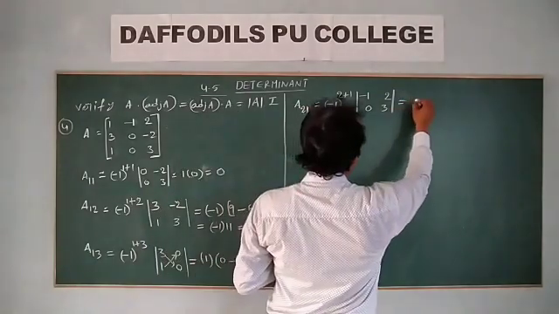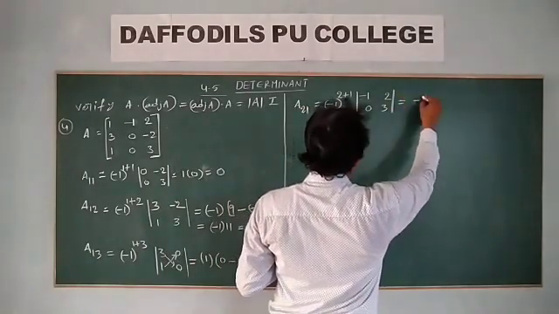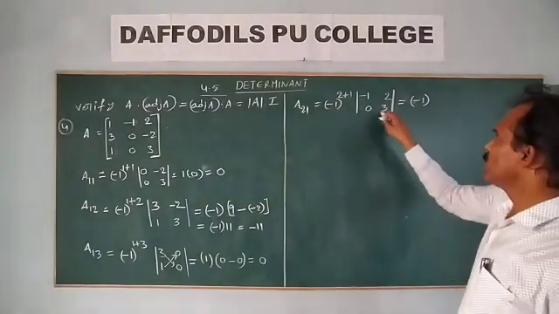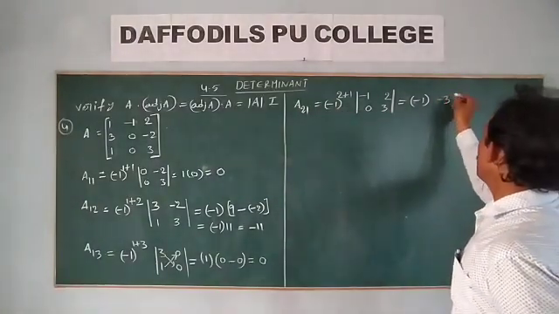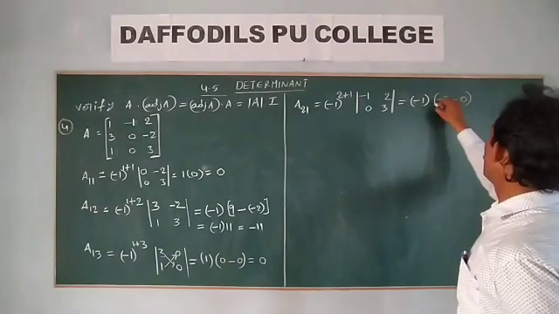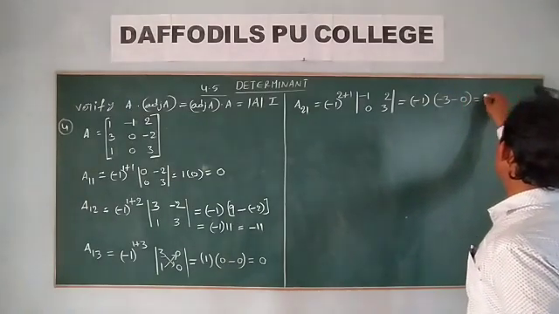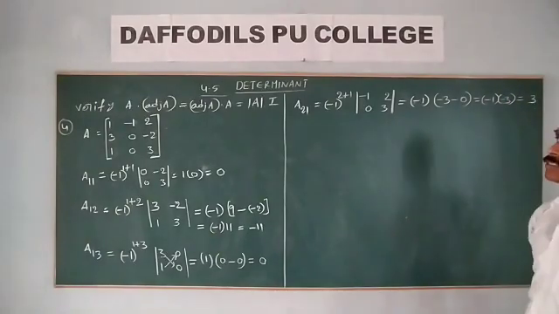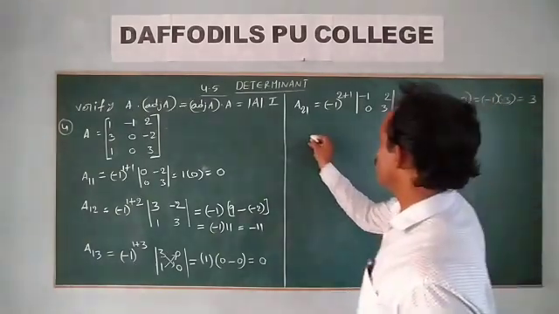This is equal to minus 1 to the power of 2 plus 1, an odd number, so minus 1, times (minus 3 minus 0). So finally minus 1 of minus 3 is equal to 3. Next up,